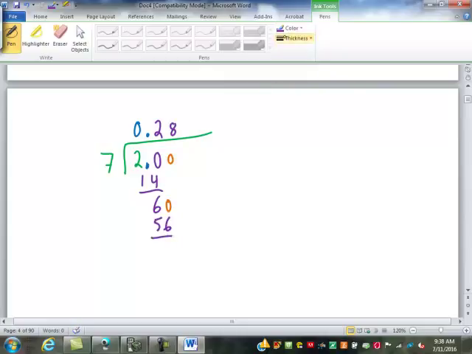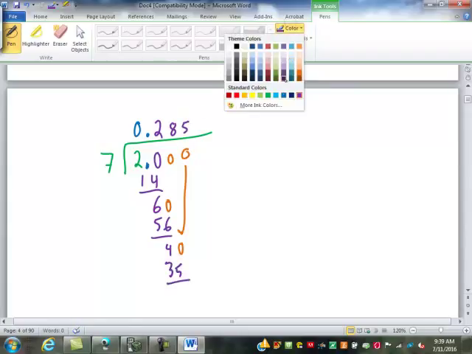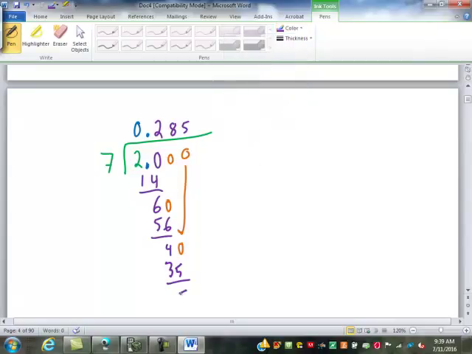We'll subtract to get 4. Add another 0 and bring it down. 7 goes into 40 5 times, that's 35. Subtract to get 5. Add another 0 and bring it down. 7 goes into 50